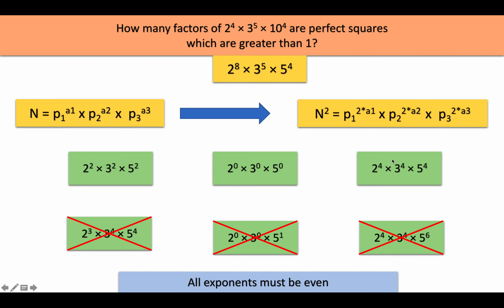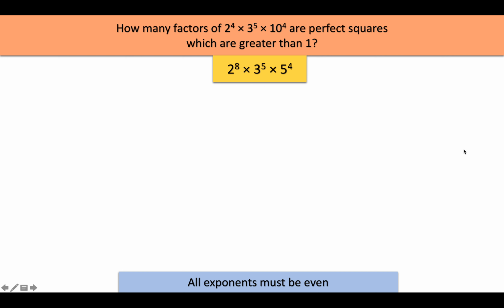So now what we know is that all the powers are supposed to be even. So in a factor, earlier in the general case, what were the options for the exponent of 2? It was 0 to 8: 0, 1, 2, 3, 4, 5, 6, 7, 8, all of these numbers. Now that the exponents are supposed to be even, what are the options left for the exponent of 2? Those are 0, 2, 4, 6, 8. These are the options left.